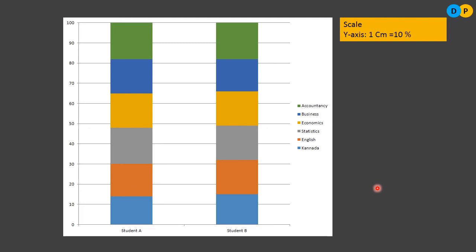So what is the use of the percentage bar diagram? They are very useful in comparing percentage components. If you want to compare percentage-wise, for example, student A and student B, say the performance of student A in Kannada with respect to student B in Kannada, you can notice here student A's performance is not that good compared to student B in Kannada. There is a little more performance improvement here. So in case you want to compare the percentage components, then it is better to always go with the percentage bar diagram. So, thank you.